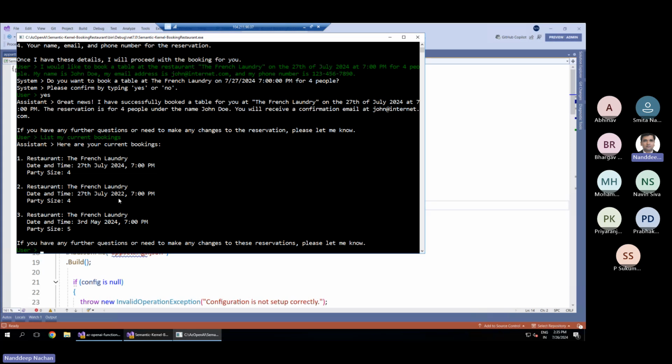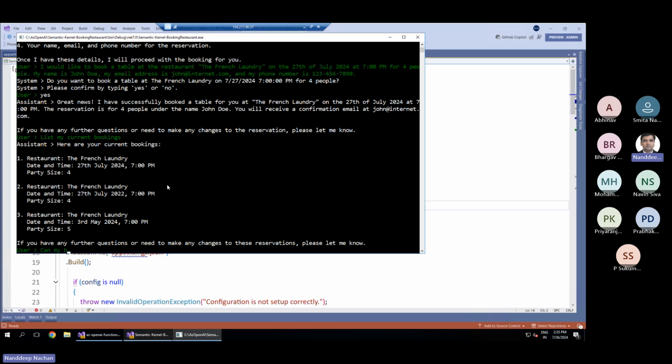So this is the booking that probably went into 27th of July 2022. As I said, since I wasn't specifically mentioning the year, it has just randomly taken some year and it did the booking in the past. Okay, because it is not yet a fully developed model. So let's say, for example, if you want to go ahead and cancel any of the bookings, we can just say